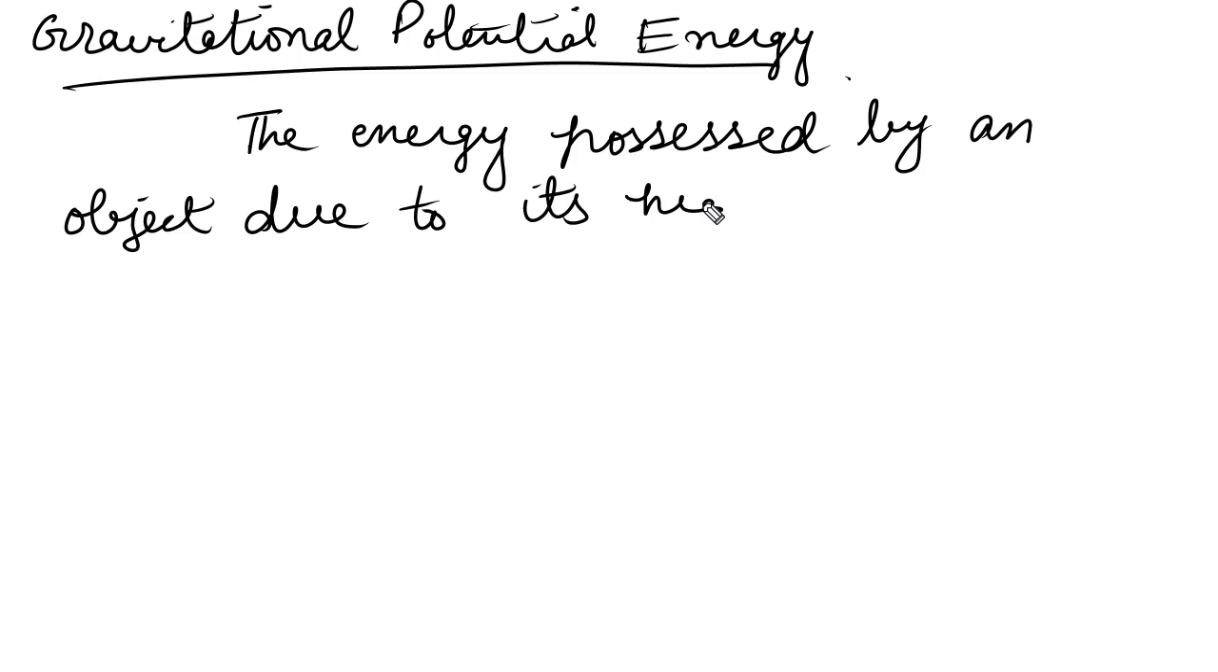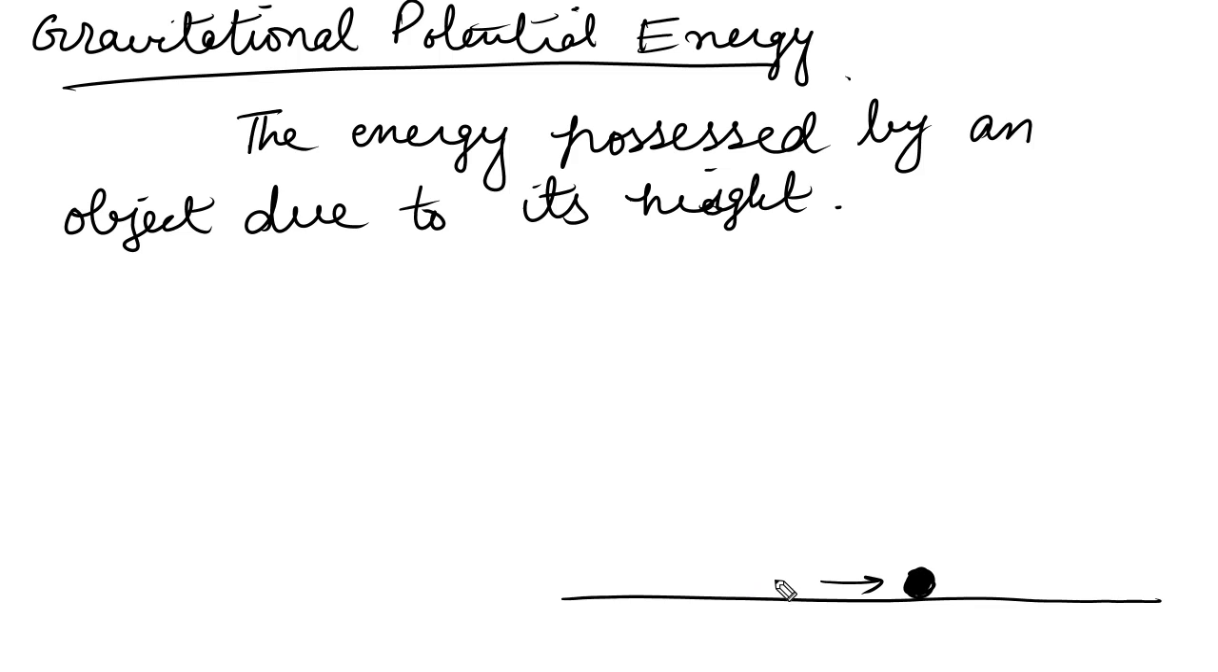The energy possessed by an object due to its height is called the gravitational potential energy. Let's suppose this is the ground. The object is placed at the ground. At this position, this object has zero gravitational potential energy. If we lift this object and move it up to a certain height, and this height is h,